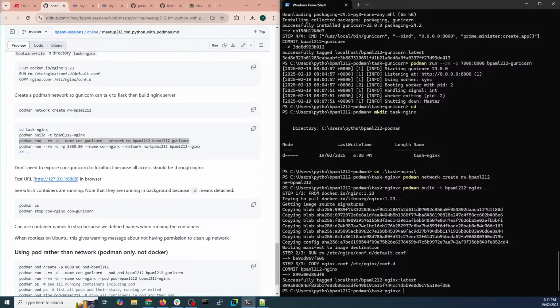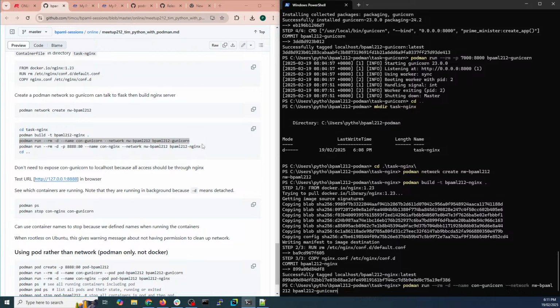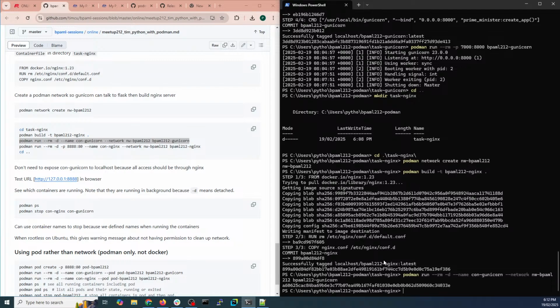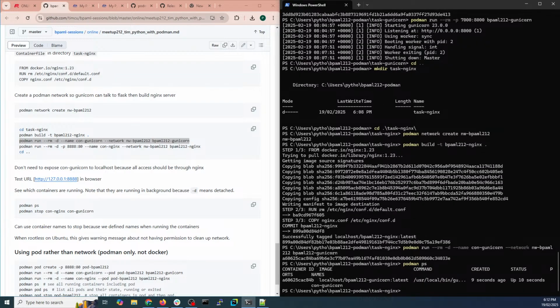I'm going to give it a name, gunicorn. I'm going to tell it to use the network that we've just created, and I'm going to use the image that we created before when we're doing the gunicorn one. So let's paste that into Windows Terminal, and it's now running, and it's detached, so I can start running more Podman commands, and I can see that